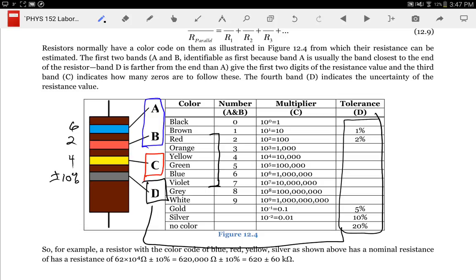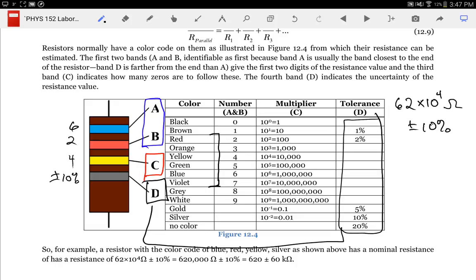Now how you read this is, take the first 2 numbers, 62 times 10 raised to 4. So that's how you read it. The first 2 numbers times 10 raised to the third one, and then the final one's the uncertainty. With our resistors for today, you're going to choose a resistor, make sure you write down the color code,